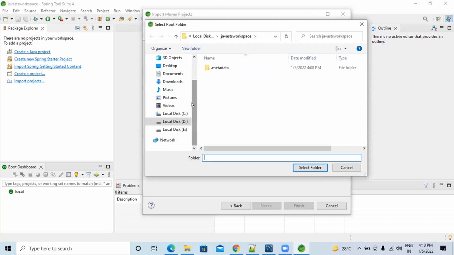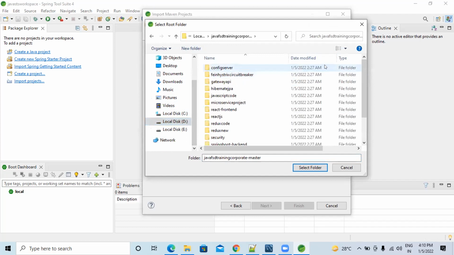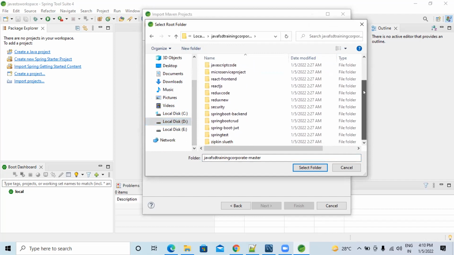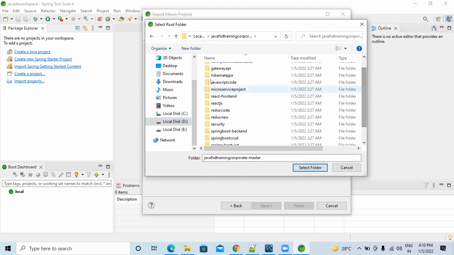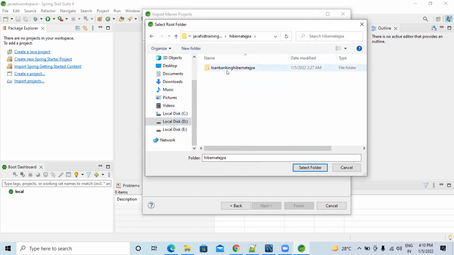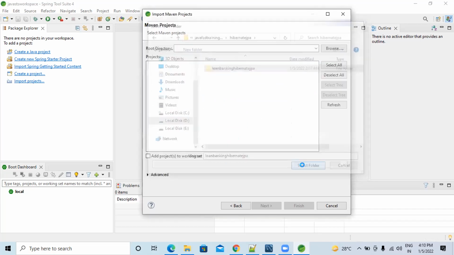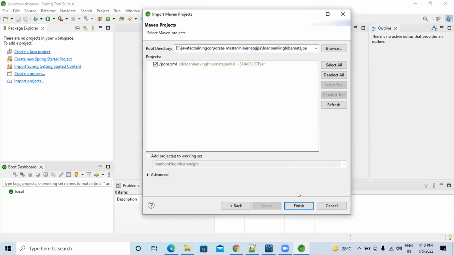Go to D colon. From where are you going to import? There are n number of projects. Which project are you going to import? Hibernate JPA, go above. Choose this one. Select. Finish.